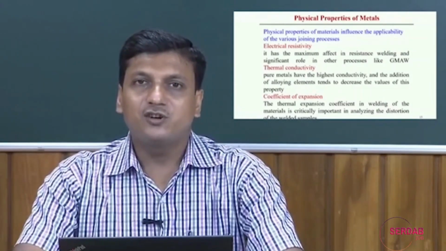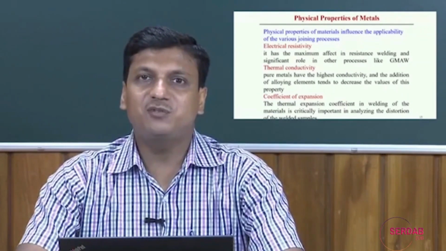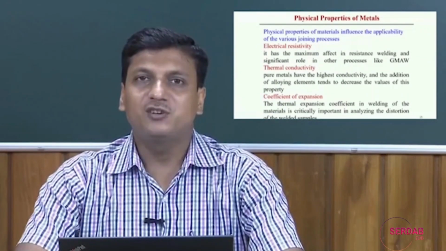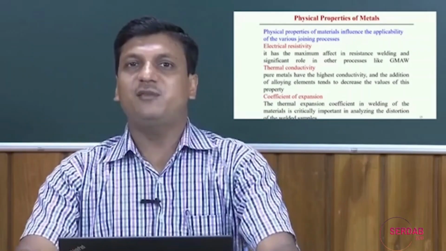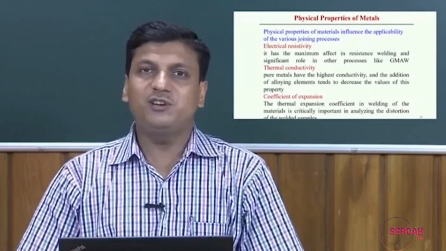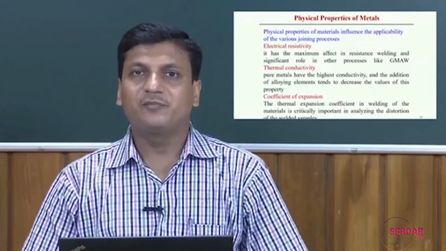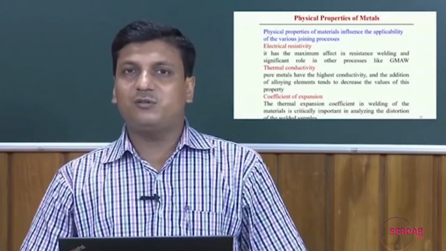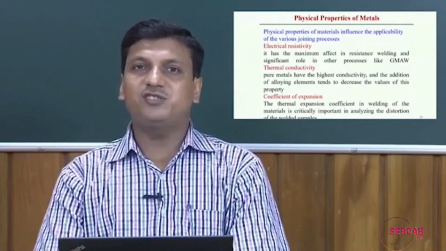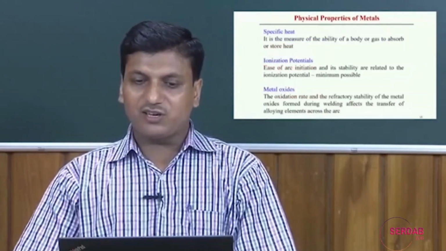expansion coefficient. So, if there are two different materials with a huge difference in the thermal expansion coefficients, probably in this case there is a difficulty in joining these two materials, or maybe two dissimilar materials having a similar range of the expansion coefficient, probably in that case the joining will be a little bit easier. So, the thermal expansion coefficient is another important parameter, and that is directly linked to the distortion analysis of a welded